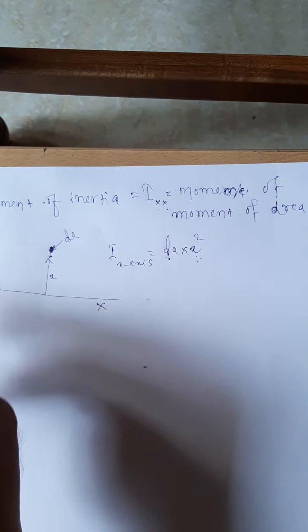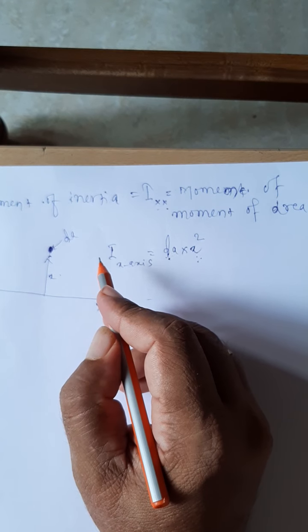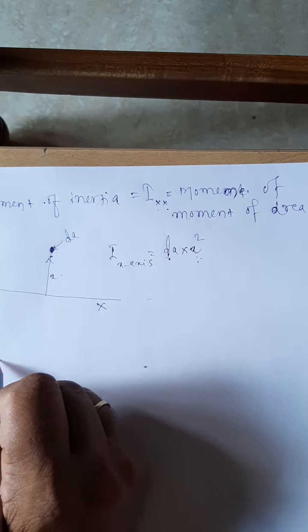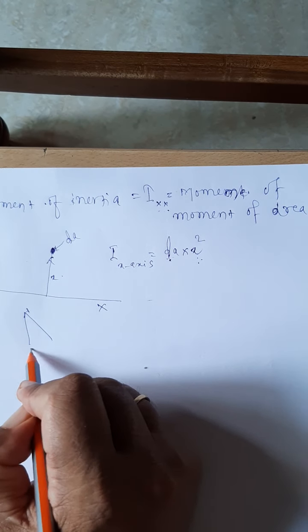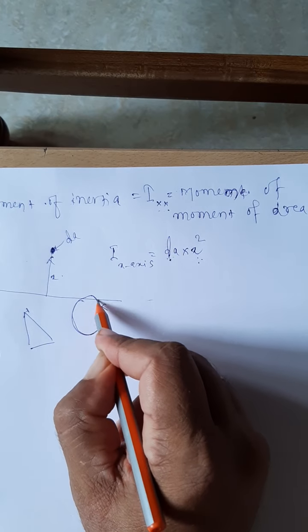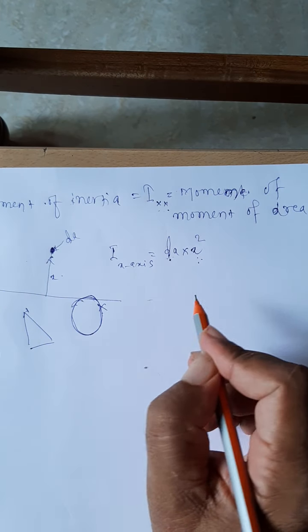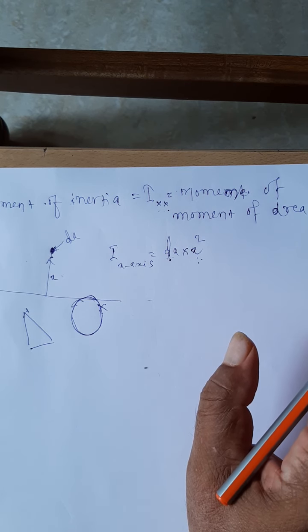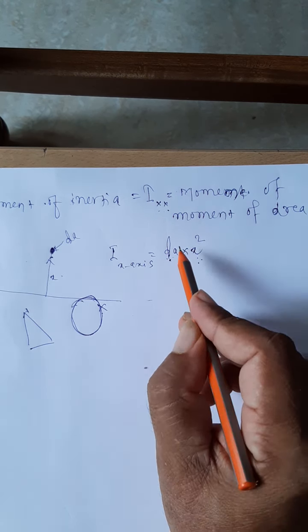Now, usually in this particular module, some of the standard questions are like arriving at the moment of inertia of the rectangle, the triangle, the circle, and some built up sections. So we are focusing on that part now. You have to understand the basic definition: moment of inertia of any figure about any line is equal to area multiplied by the distance of that area from the line under consideration.